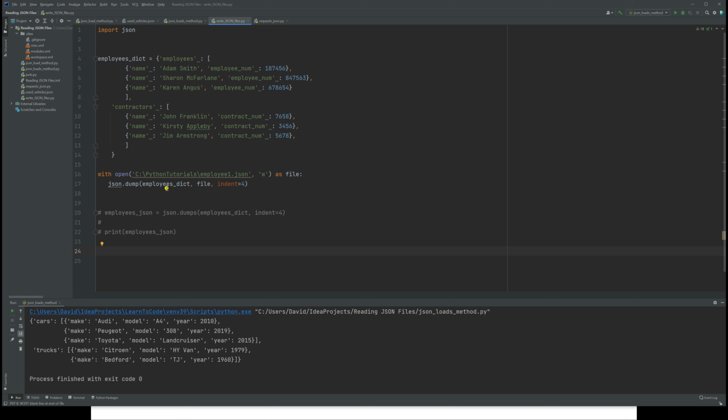We want to take the employees dictionary and we want to write it to file. And the indent=4 is just to make the file a little more readable when it actually goes in, and you'll see that it's using a 4-space indent to lay the file out,